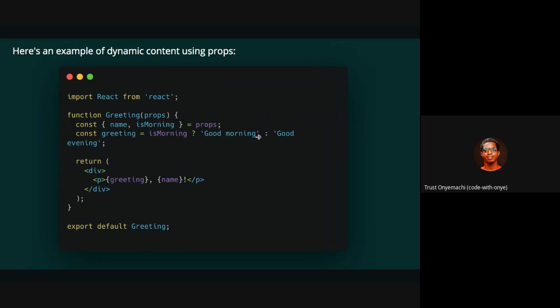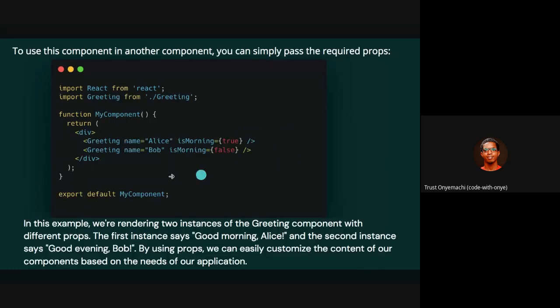And this is actually another example of using dynamic content using force. The first one was using space. To check if someone is in the morning section, then say good morning to the person. If the person is in the evening, say good evening. And this is how we can render into the UI,